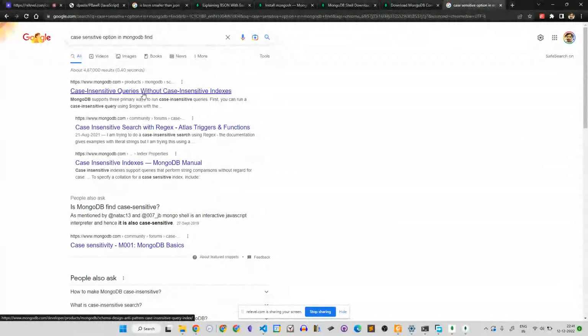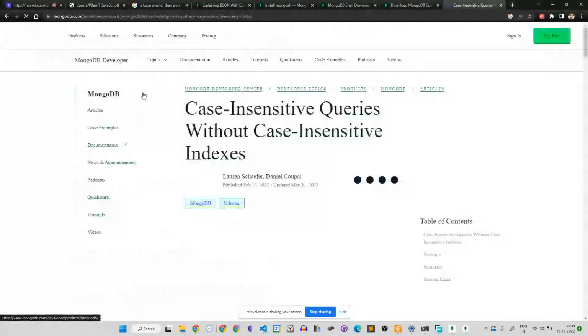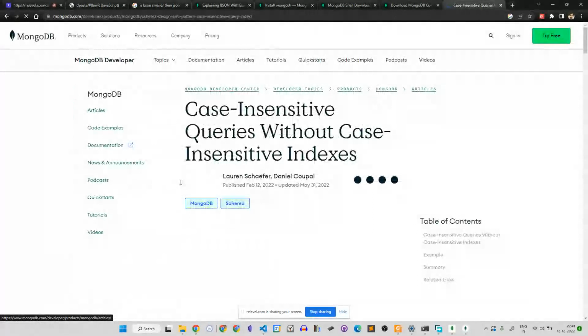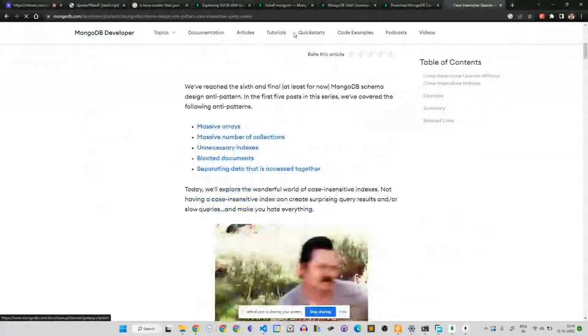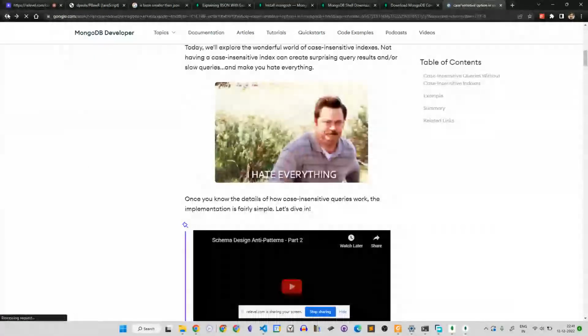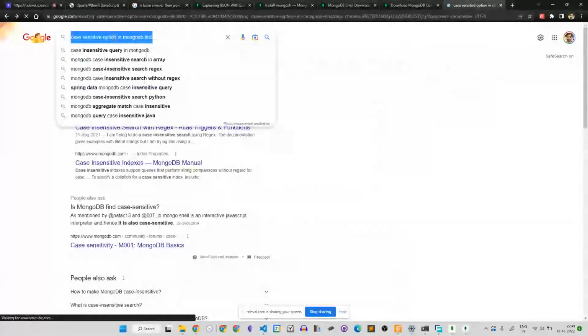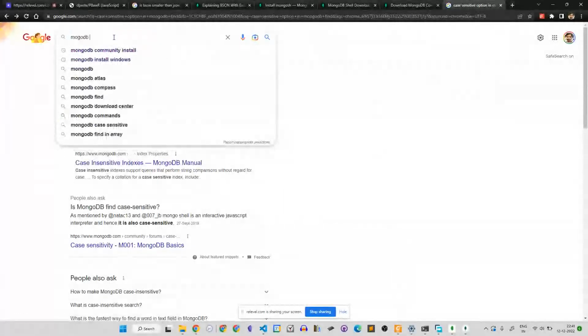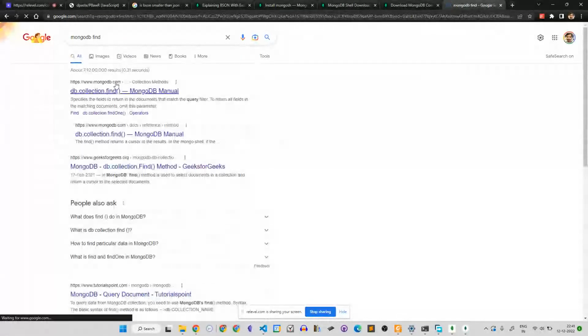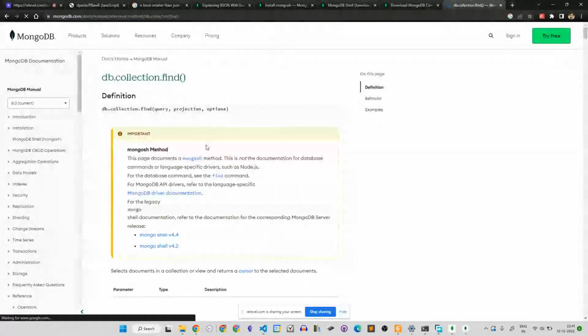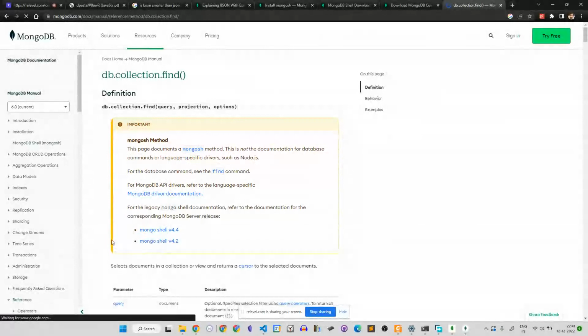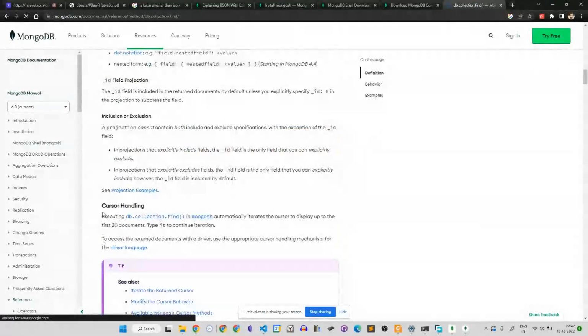MongoDB find, collection dot find. In this, there are three things that it needs.